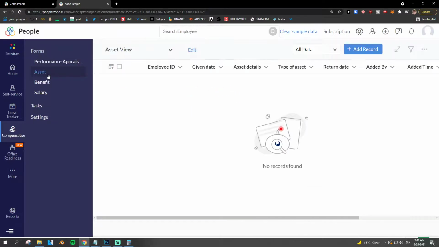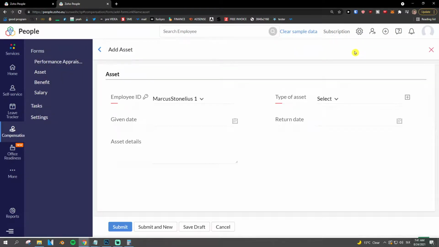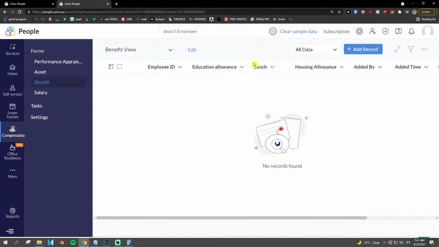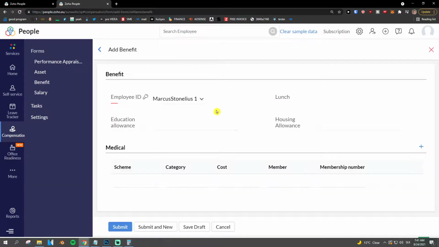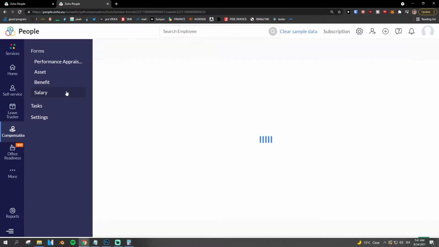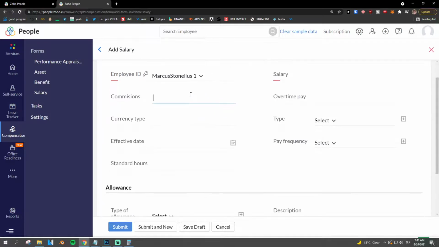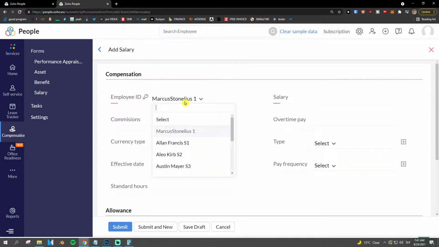Then you can have the assets here. Given date, return date, benefit. So again, you can add benefits right here. Education allowance, housing allowance, lunch, or like scheme. What is the category for the medical benefit, and salary. You can add record. And again, commission, currency type,